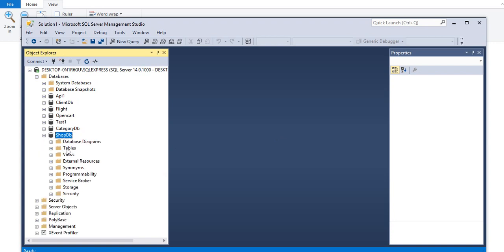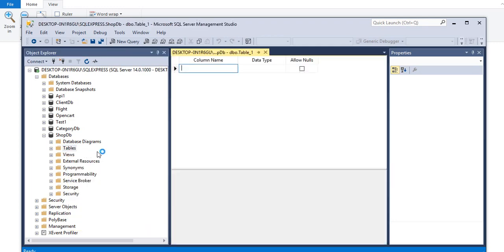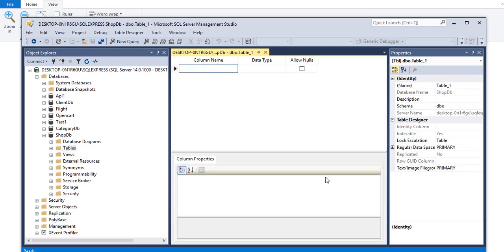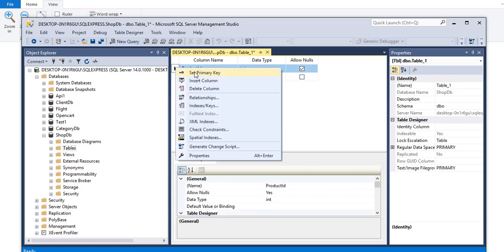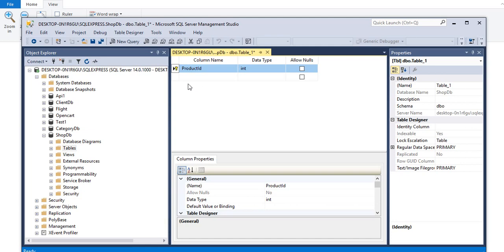So we're going to make a new table. Click on table, and the first column is product ID. We're going to make a product table and product ID of type int, and I'm going to set this as a primary key to uniquely identify the products, and I'm going to select the is identity specification yes. Okay,